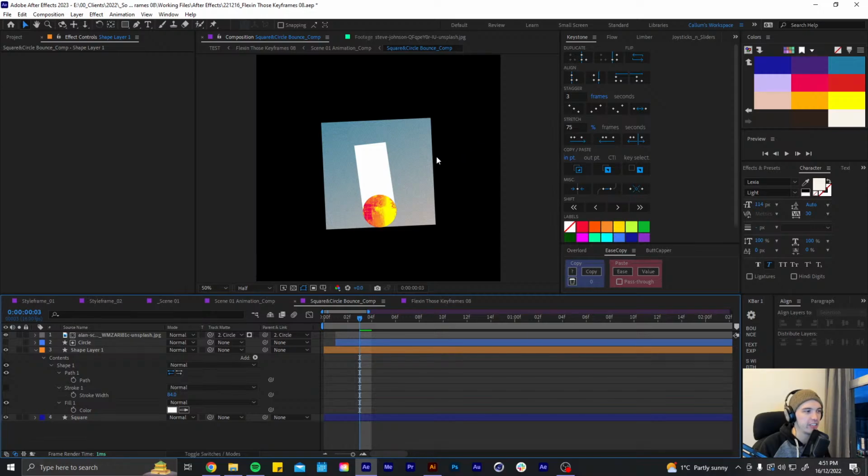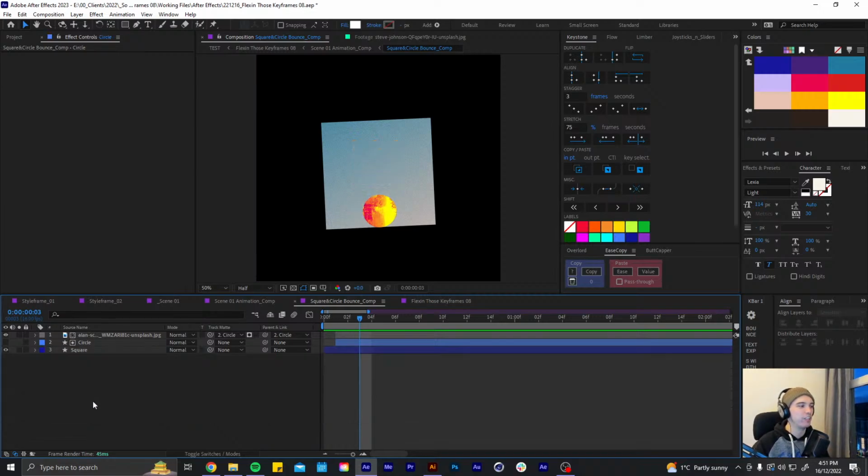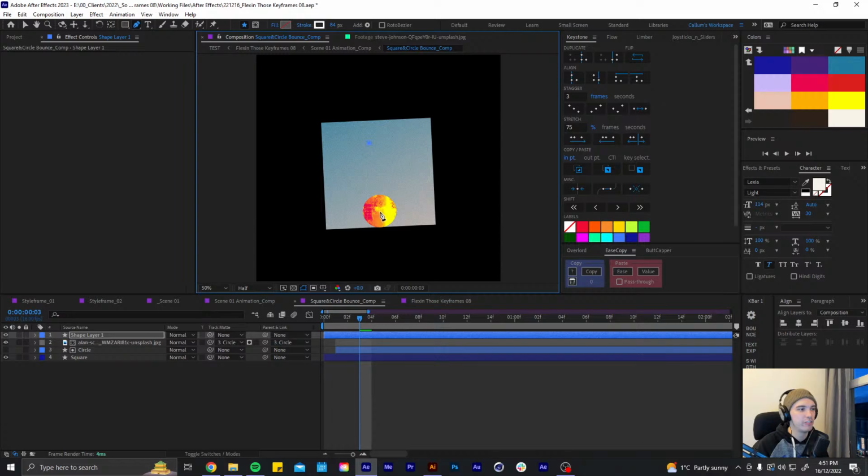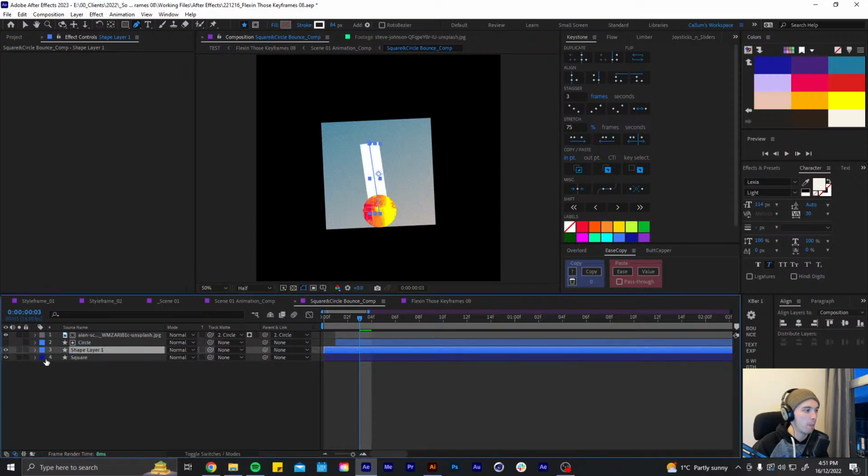I'm just thinking, is it going to be easier to do these with a stroke? Yeah, I think so. And then I can use trim paths to animate them instead of faffing about with doing it with masks. Let's call this Trail